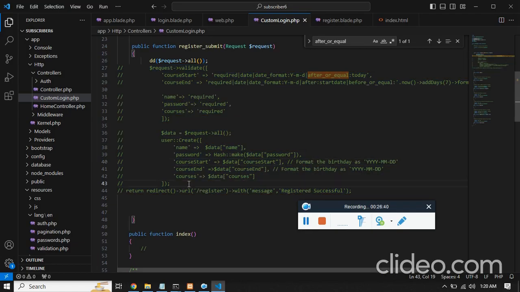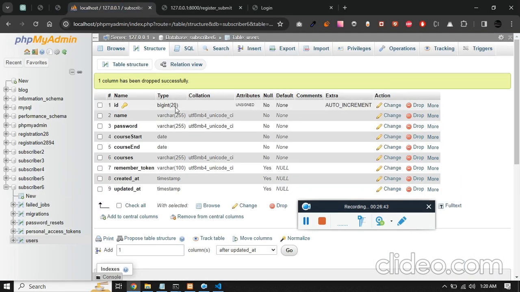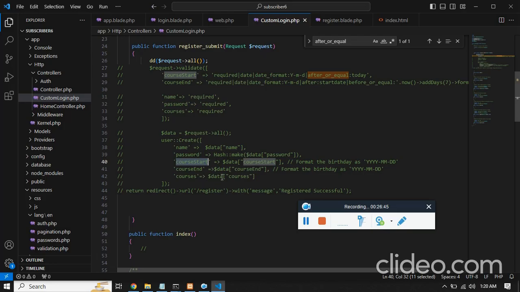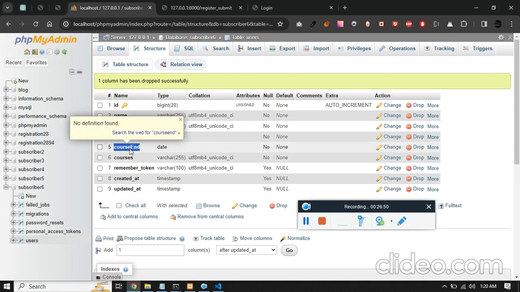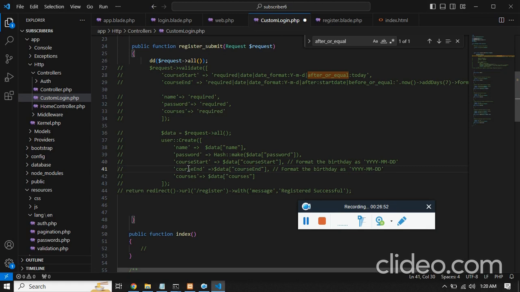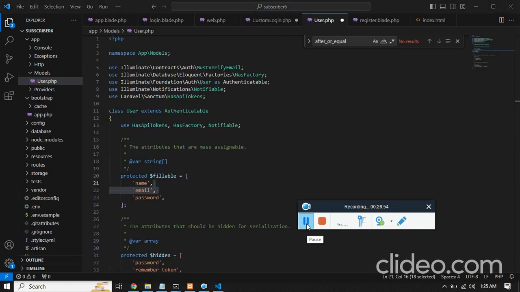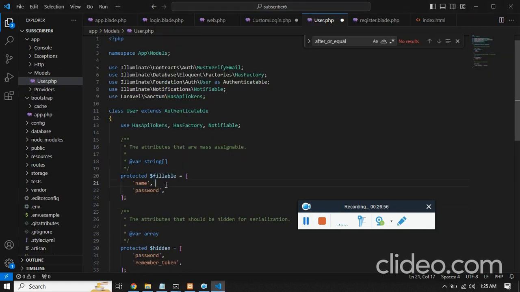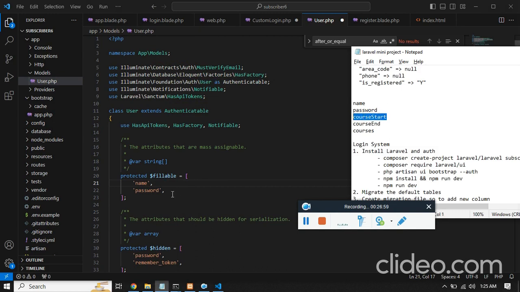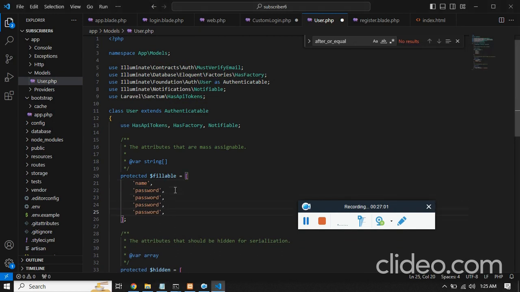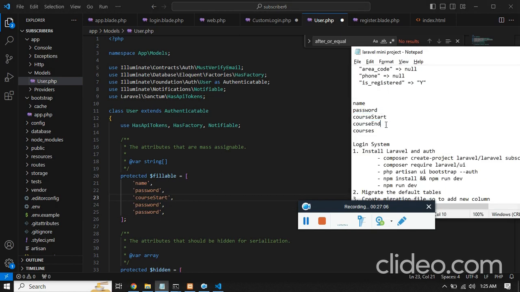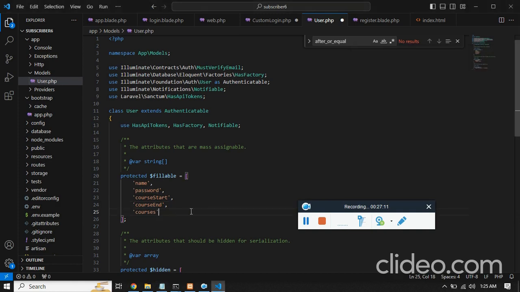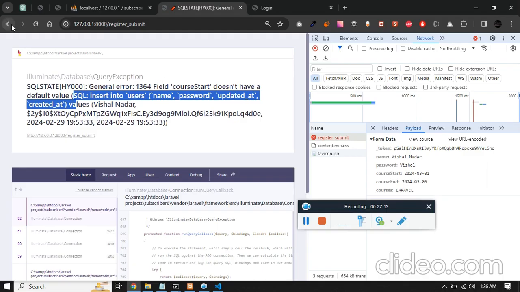Now let's just see whether we are able to, we are using the same username and password, sorry, the same column names. I got the error. We should make this fillables. So name, password, course date, course end date, course start date, course end date, and courses. We have to make this fillables. And if I submit again,